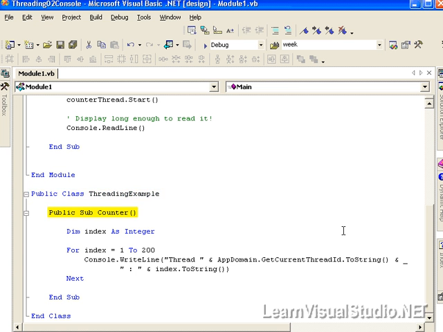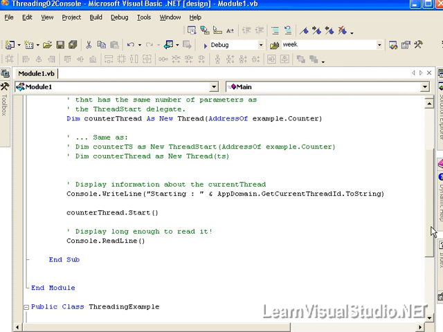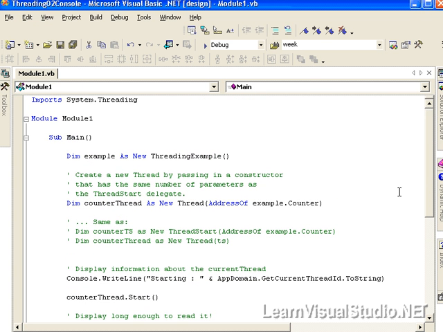It has one public method called Counter, and basically I just loop through 200 times this little Console.WriteLine statement, and in that I want to print out the current thread's ID, so it'll actually print out a number, and that will represent the current thread that's being used. It'll also print out the number of the 1 to 200, that For Next loop. So now that I've created this class, what I want to do is call the Counter method from a new